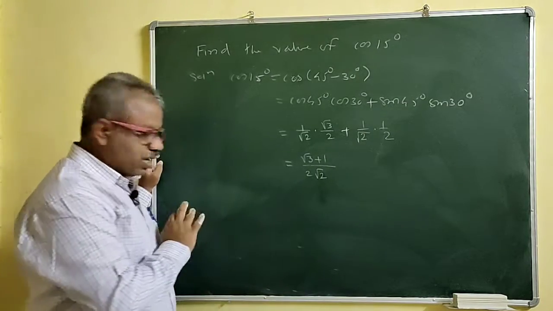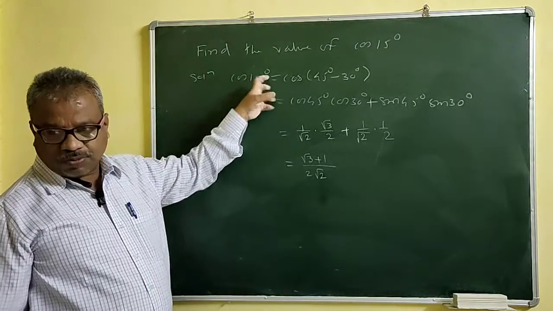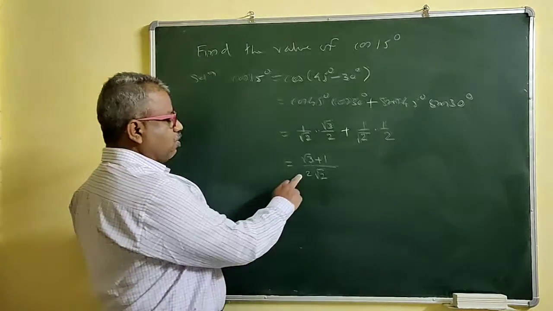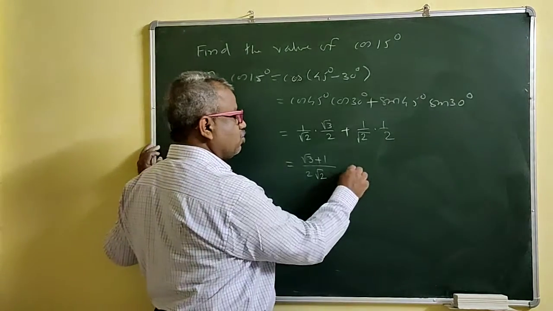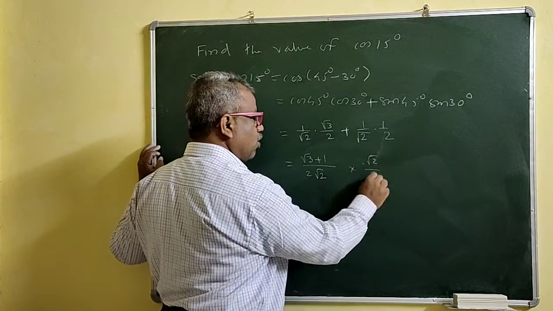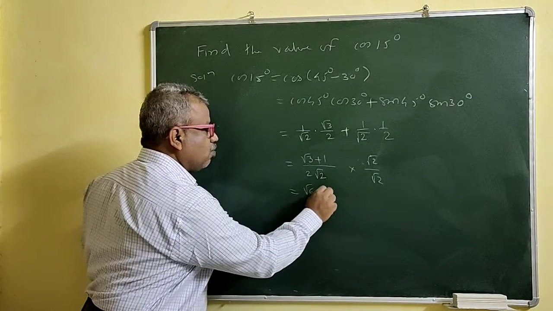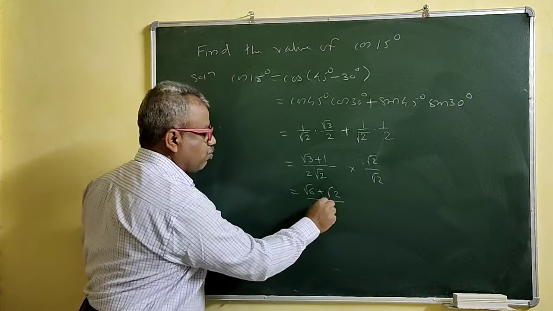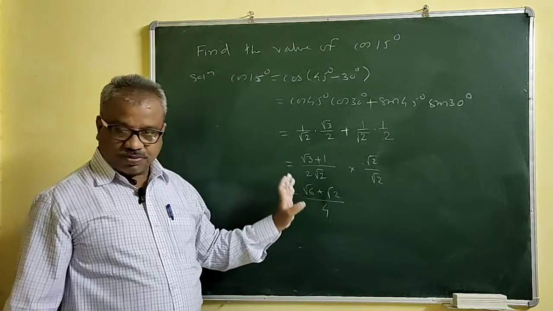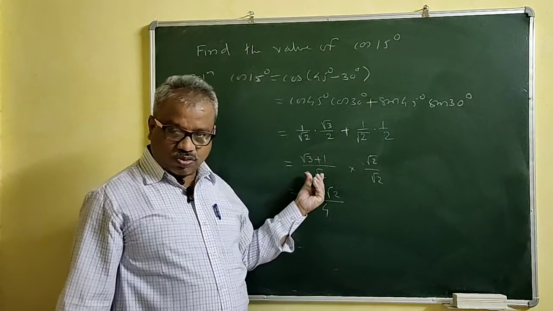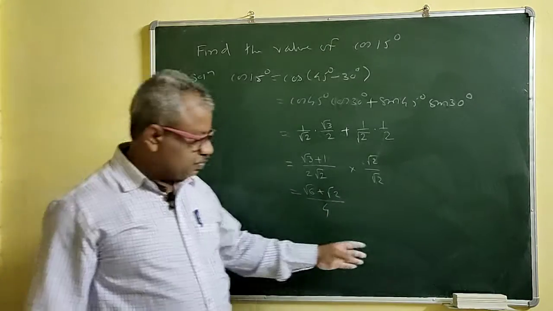Now if this is not the answer in the options, you will have options for cos 15 degree. If there is no root 2 in the option, then don't write none of these, right? The option may be given like this: you can multiply by root 2 and root 2, then this will be root 6 plus root 2 upon 4. This may be the answer, right? Both answers are the same. So take care of this: if there is no root 2, multiply and divide by root 2 and check whether we get the option or not, right?